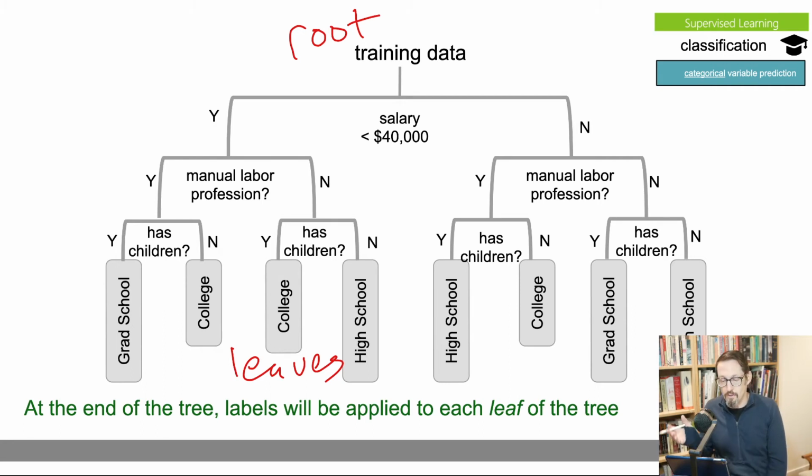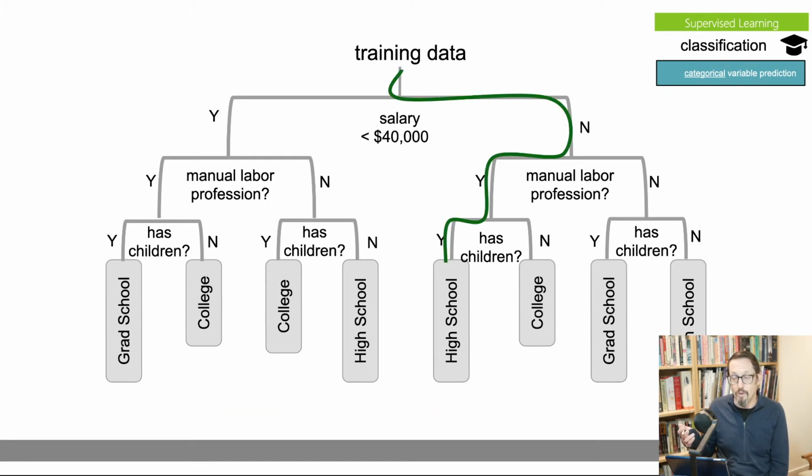But decision trees are special because what they're doing is they're making decisions about, in this case, what is your level of education. All right, so then when we get a new sample, right, some new person comes in, we want to predict what is their education level. Well, we can just follow the path through the tree, taking the turns until we come out whether or not they are in high school or a grad school kind of person.